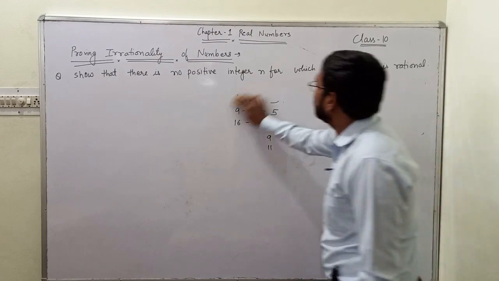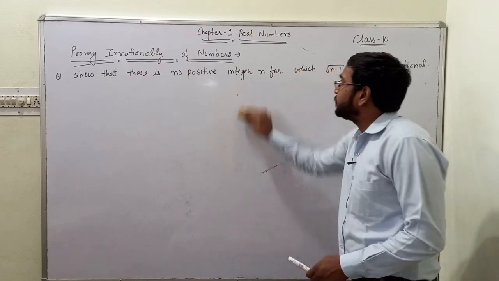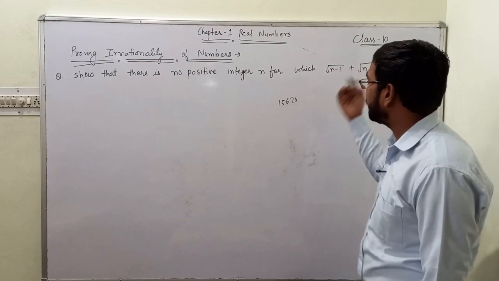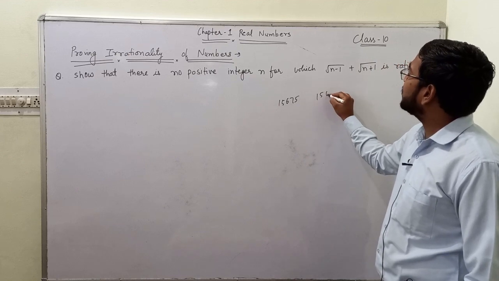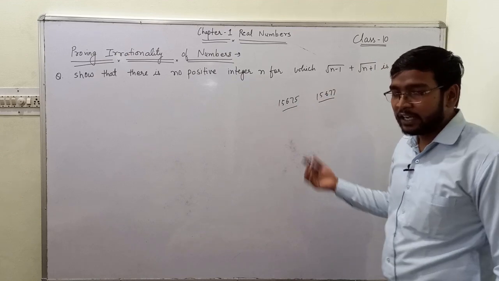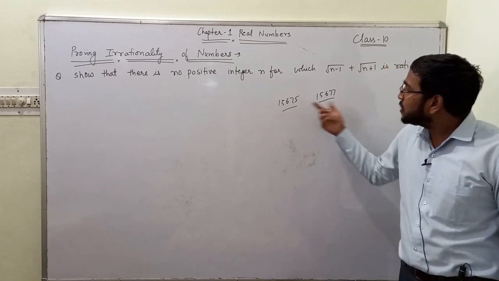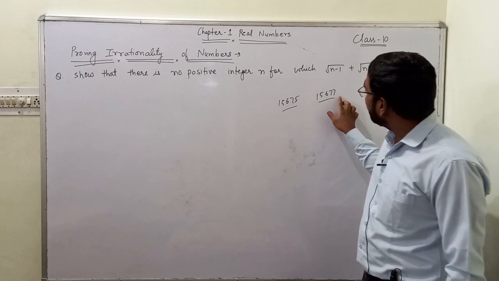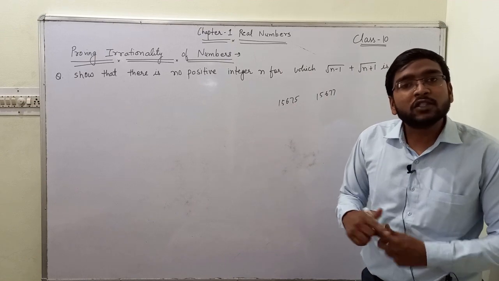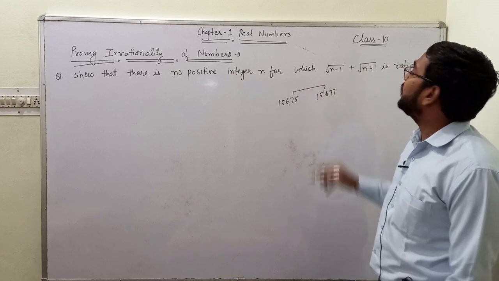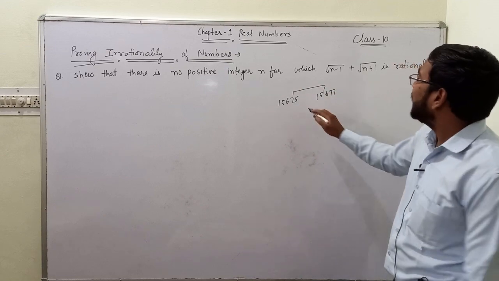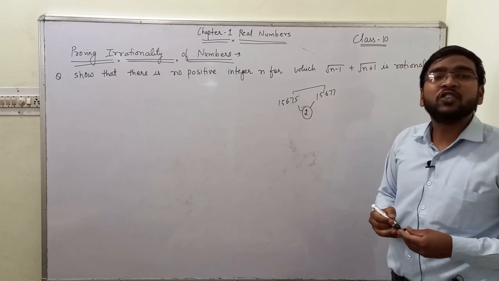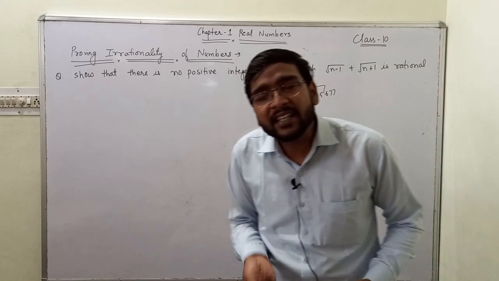If I am given two terms, 15672 or 6 7 5 something, and I am given 15677, and I need to find whether both terms are perfect squares or not, then I will say that these two terms cannot be perfect squares at the same time, because they differ only by 2. Okay, here the difference is 2, but it is not possible. The difference should have been at least 3.